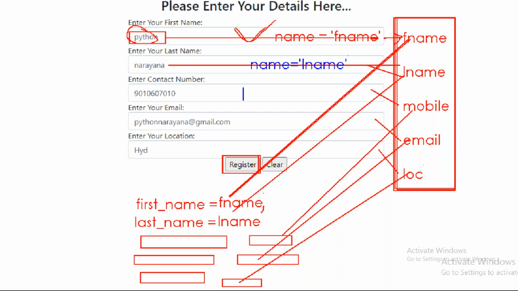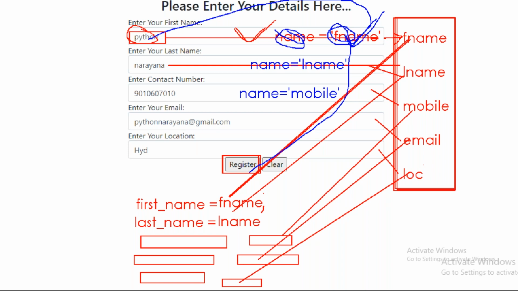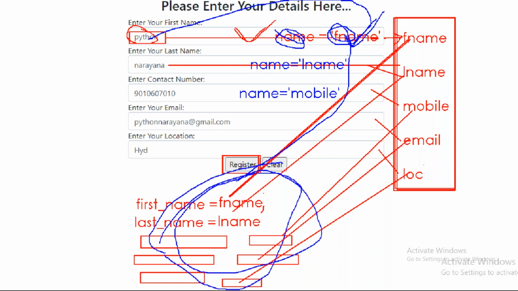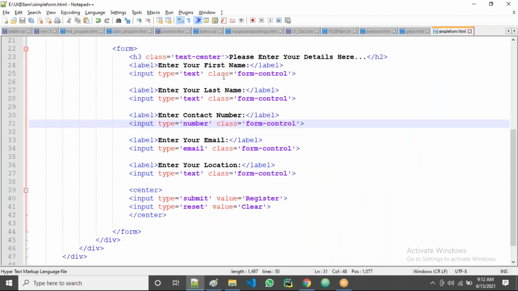Next, I go to the contact number. Name equal to which one? We take mobile, guys, like this. So all of you observe now, what's the attribute name here? Name. Which name? Actually the variable name. What's the variable name here? f name. Why f name? To take the user's first name. Later the f name we use to map the table columns, guys. This mapping we'll see while working with Django forms, guys. This background coding, this background logic, we write while writing the Django code. Okay. So now what do I do here?